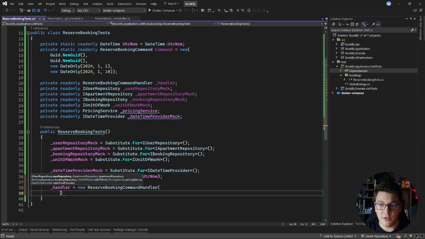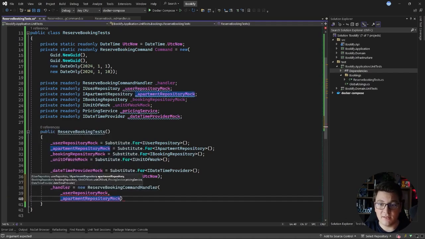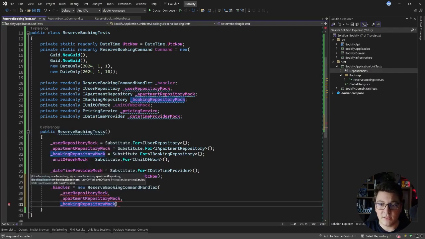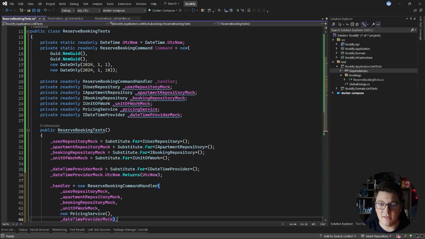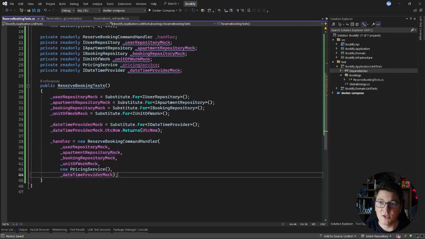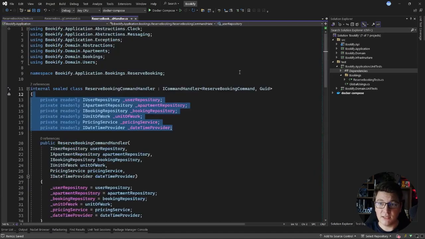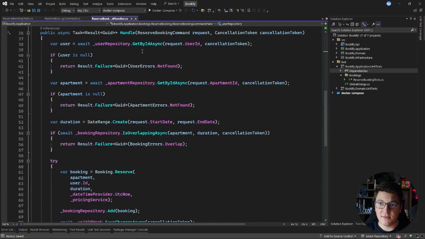And finally, we are ready to initialize the reserve booking command handler. So let's just call the constructor and pass in the dependencies one by one. So I'm going to pass in the booking repository, the unit of work. For the pricing service, I'm going to create a new instance, and then let's pass in the datetime provider mock. So this is our setup for the reserve booking command handler, and we are finally ready to start writing our unit tests. The first thing I want to test in the reserve booking command handler is this case here when the user repository returns null and I need to return a failure result from